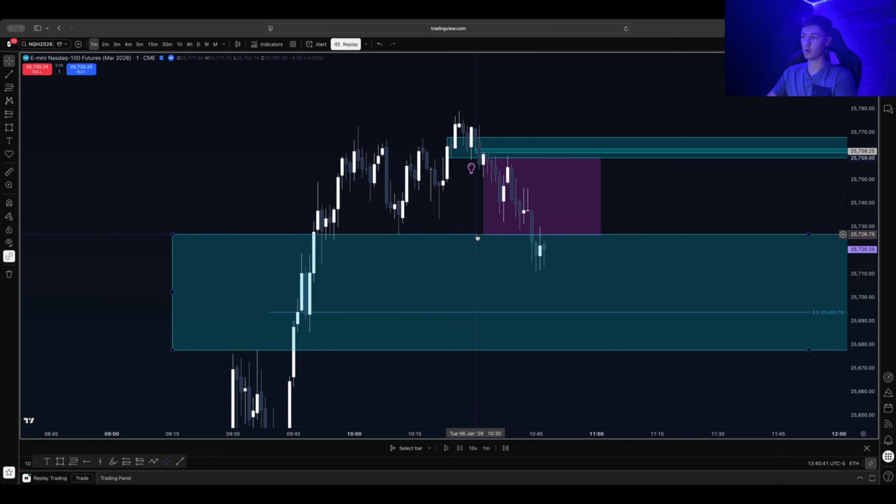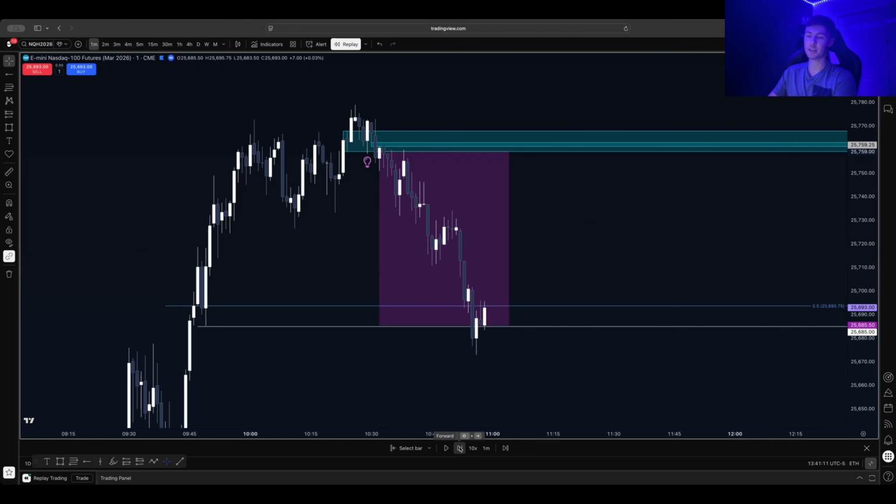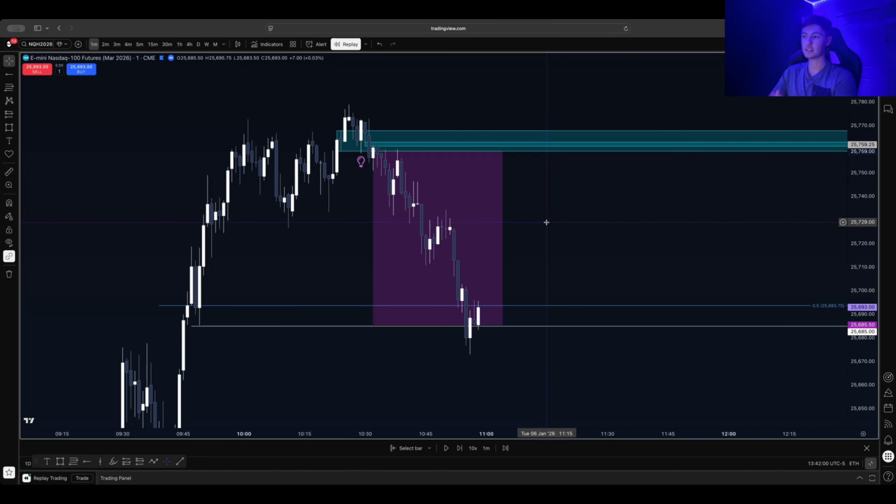And then you just want to be holding a runner back to a discount side of the dealing range, which would be this swing low. And then boom, final TP would have been smashed on this trade, securing maybe around 3R, which just goes to show you guys how much risk to reward ratio you can pull out of the model when it does actually run. But if you can consistently combine a high win rate and a high risk to reward ratio with this model, even if it's just a 2 or even 1.5, or with say a 60% win rate,